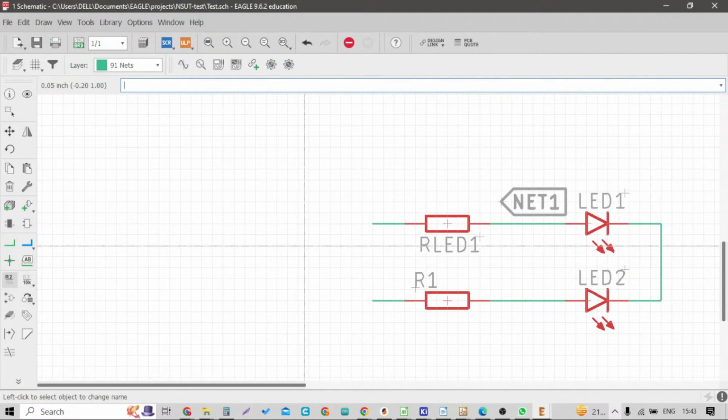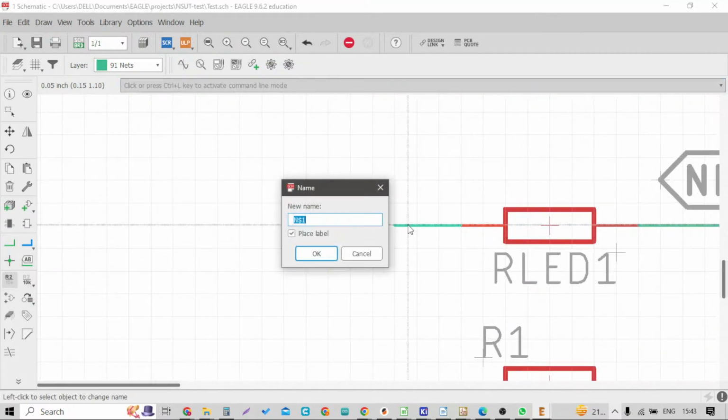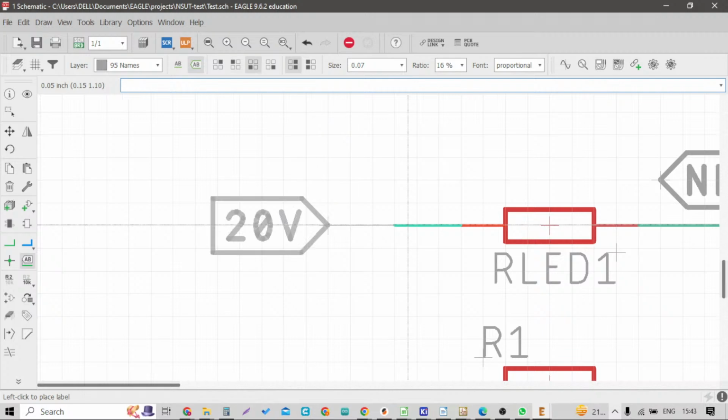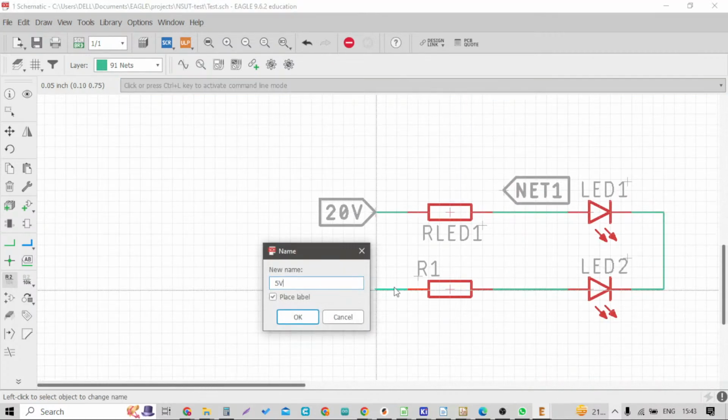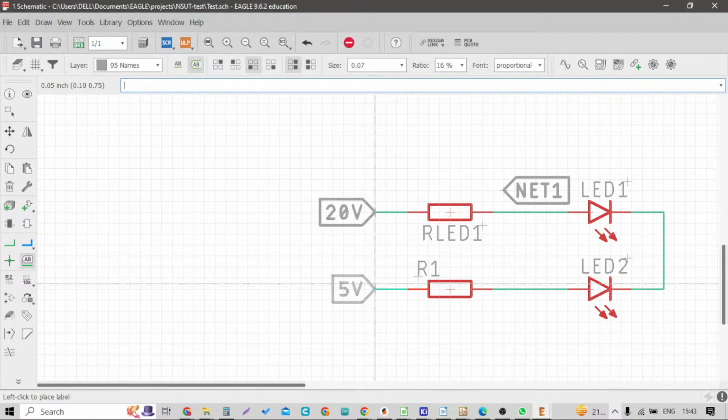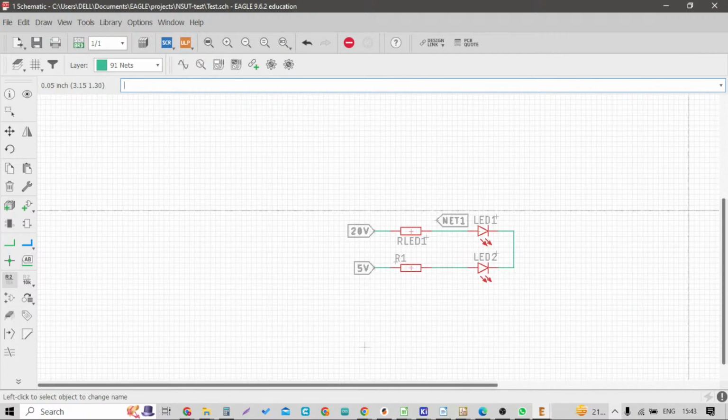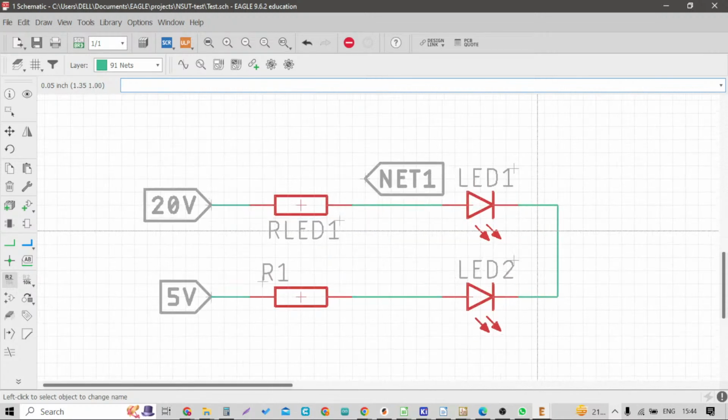So let's label this with 20 volt, and label this with 5 volts. And if I label this as ground,